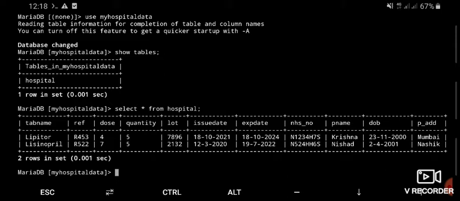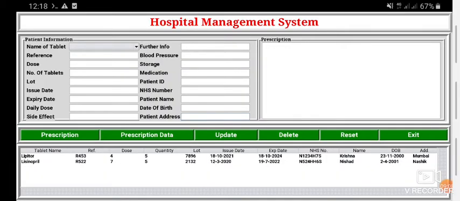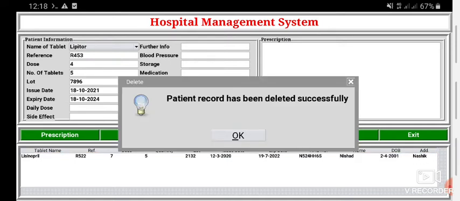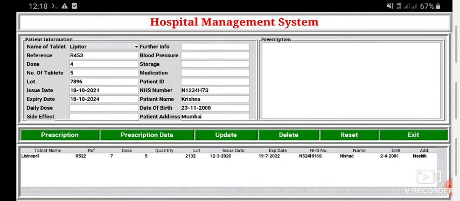Now let's delete one of the records. So I will be deleting the first record. This first record I have to delete. So just press on the delete button. Okay, and you can see the record has been deleted. Now let's check in our database whether the record has really been deleted.